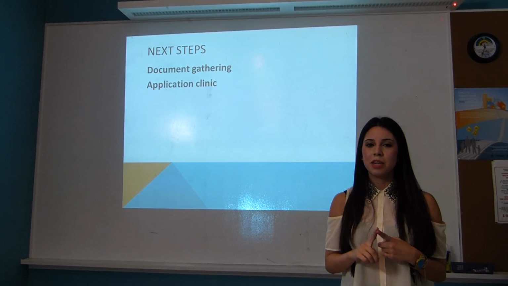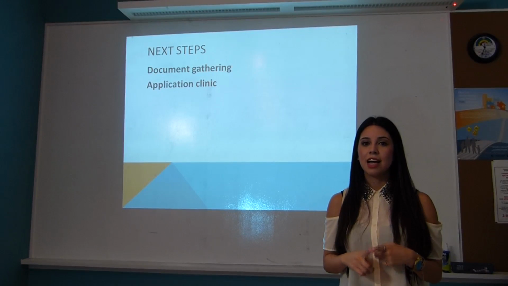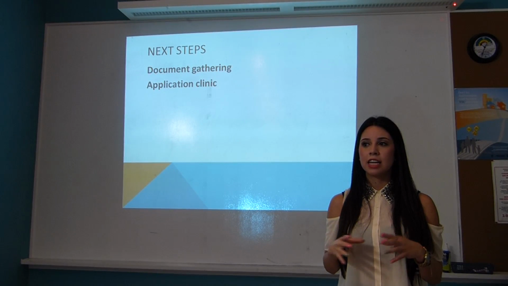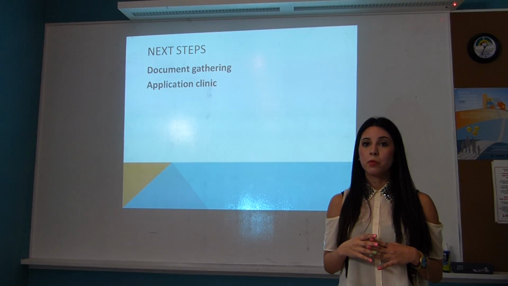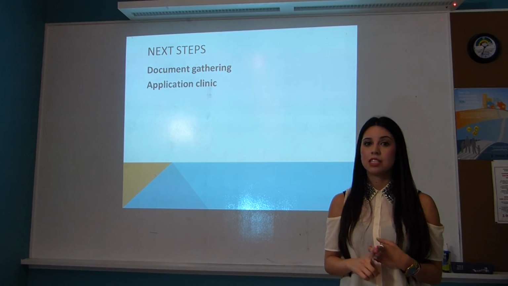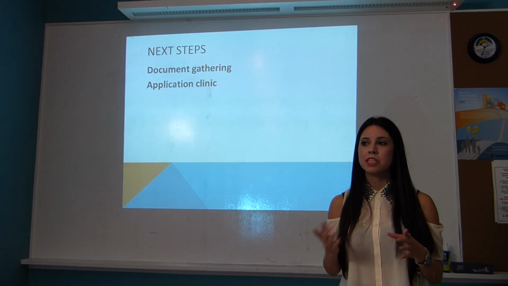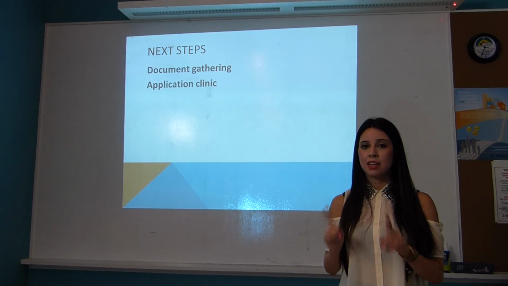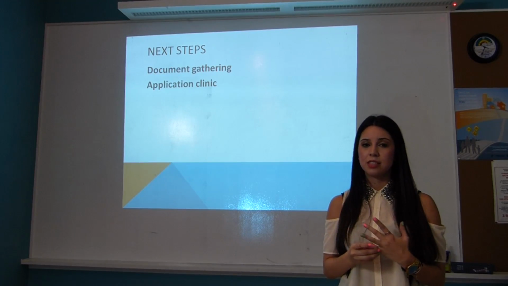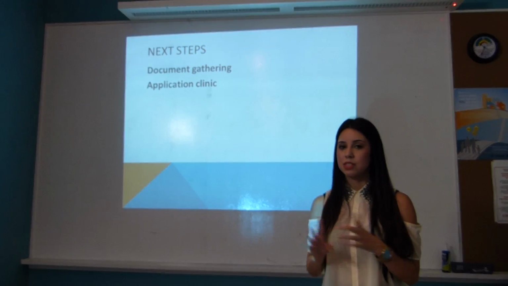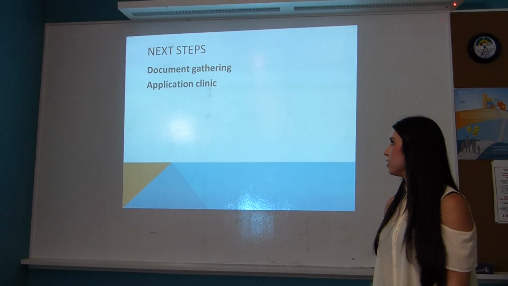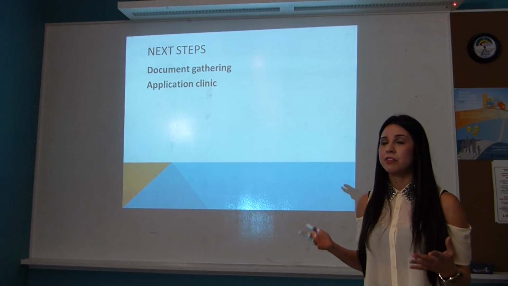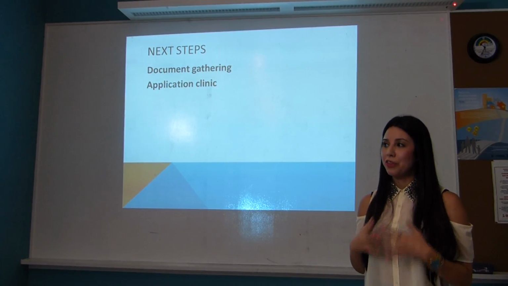One more thing about the list of documents. Like I had mentioned earlier, if they had any kind of criminal record or any criminal charge where they still qualify for DACA, they also need to bring those documents. And in the information packet, there's information about the courthouses, depending on the county that they live in, where they can go and ask for these documents to make sure that the case was cleared and the matter was taken care of.